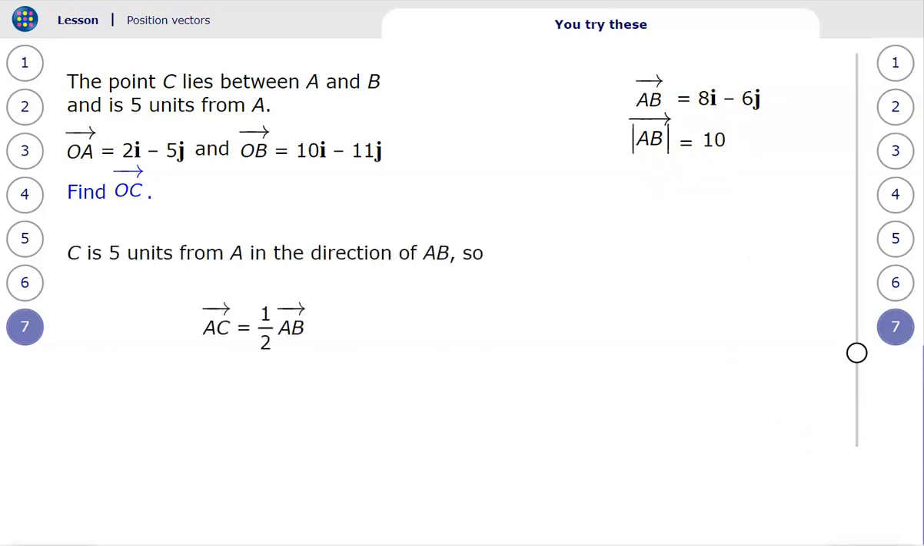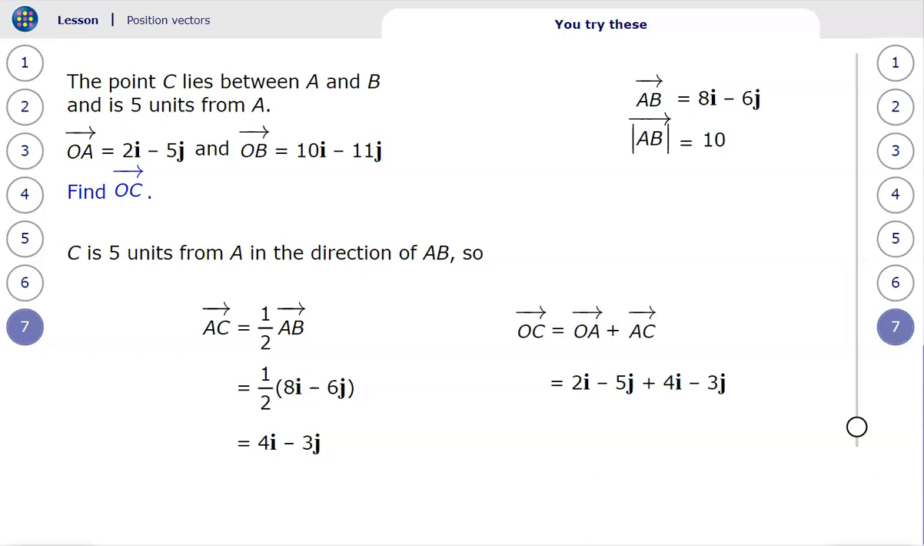Now, let's say C is 5 units from A and lies in the direction of AB. So in other words, that is going to give me the direction of the vector, and it's going to be halfway along the line AB, because 5 is half of 10. So all I have to do then is plug the values into the formula, and there we have